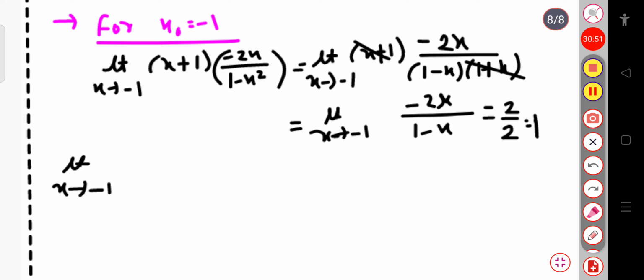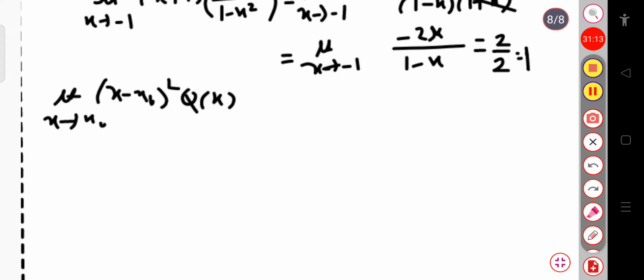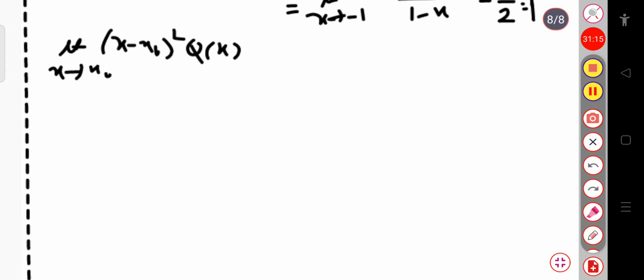Now similarly, if I check for q, this is limit x tends to minus 1, again x minus x naught whole square. Let me write the formula first. So this is limit x tends to x naught, x minus x naught whole square into q of x. Now if I put the value, here the x naught value is minus 1. So this is equal to limit x tends to minus 1, x minus of minus 1, that will be x plus 1 whole square, into q of x, which is m into m plus 1